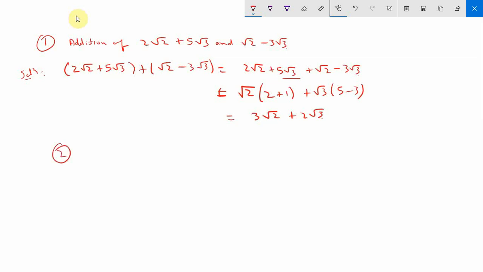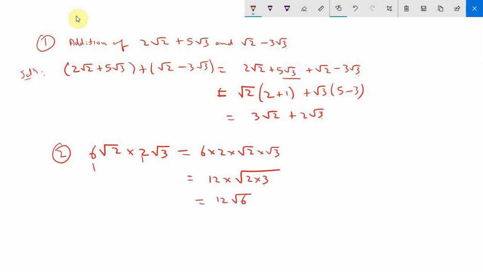Similarly, if we have to multiply two irrational numbers, suppose 6 root 2 into 2 root 3, we can simply multiply 6 into 2 into root 2 into root 3. This we can write as 12 into root of 2 into 3, so this will be 12 root 6. Okay friends,